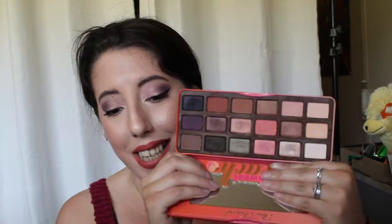Alright, so starting with the history of this palette, it originally came out around April or May, and everybody lost their freaking minds about this palette. It was the best thing since sliced bread. Everyone was like, this is the holy grail palette, this is everything. It was limited edition, it was impossible to find, it actually was discontinued, and then Too Faced brought it back